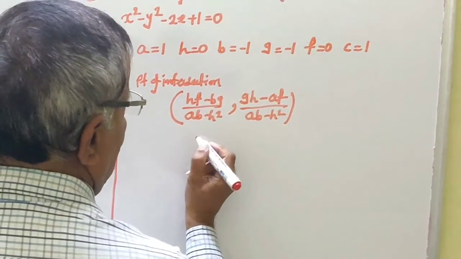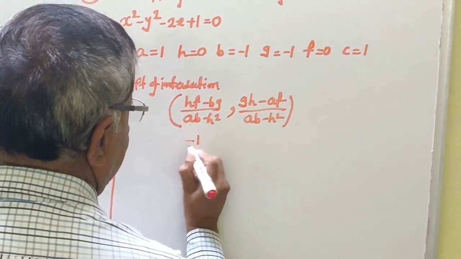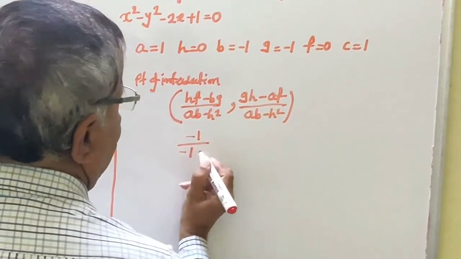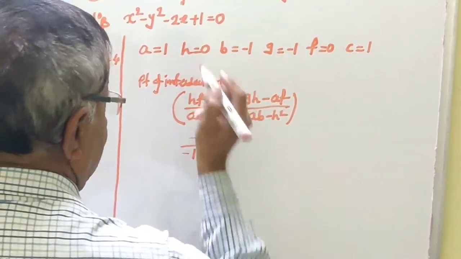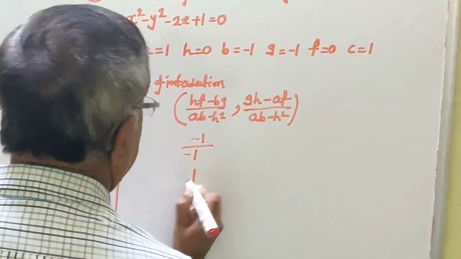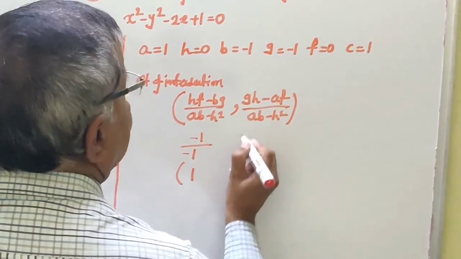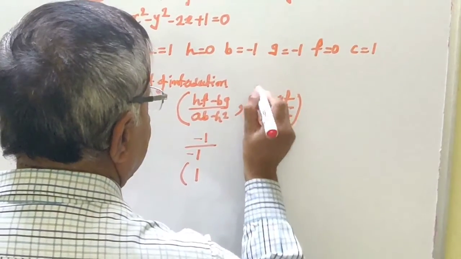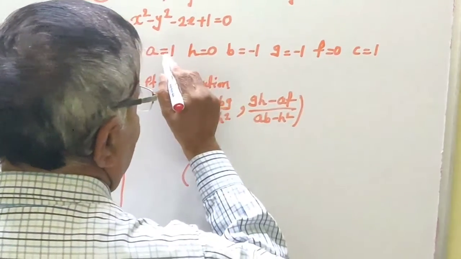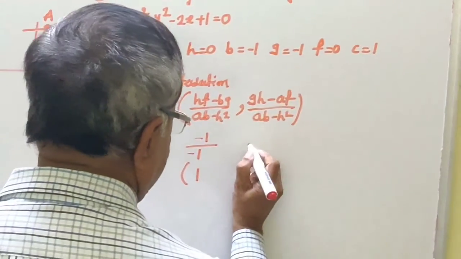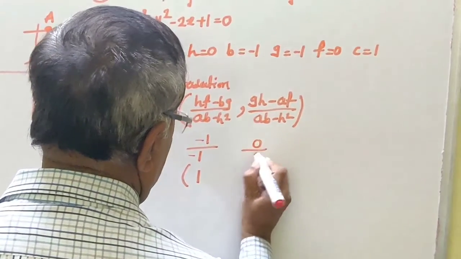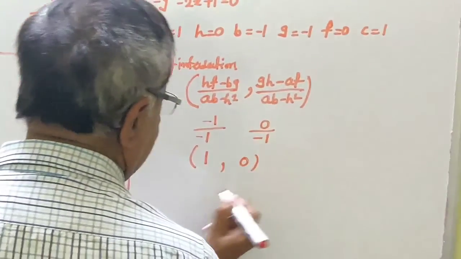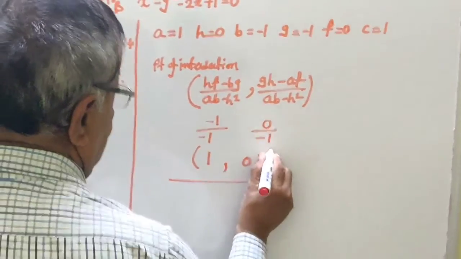G is minus 1 and b is minus 1, so what will come here is minus 1. The value of a into b is minus 1. Now h square is 0, so this coordinate is 1. Now g is minus 1 and h is 0, so this is 0, and minus a into f is 0, so this coordinate is 0 upon minus 1. The coordinates are 1 and 0. These are the point of intersection of the given